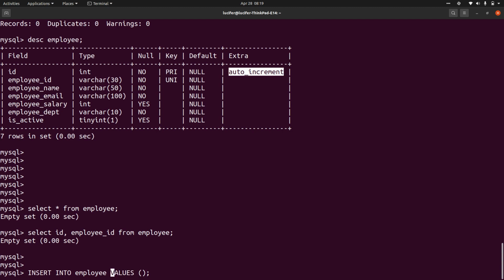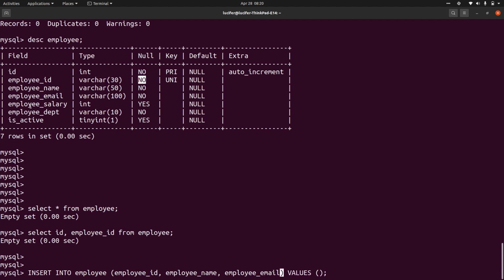Before values, you write one more parenthesis. Inside the parenthesis, mention the column names to which you want to provide the data. Let's say employee ID you want to provide, because that is a not null value, so this is a mandatory field. Employee name, employee email.